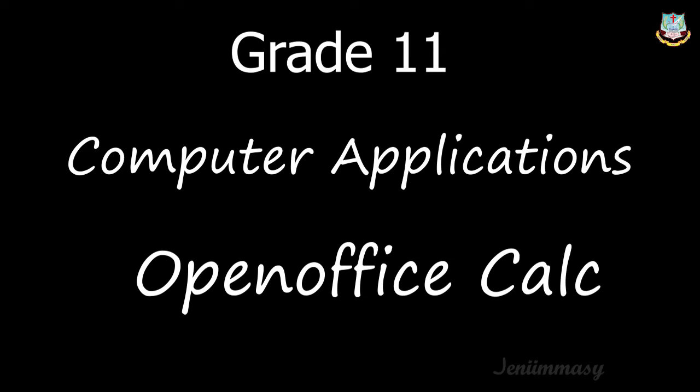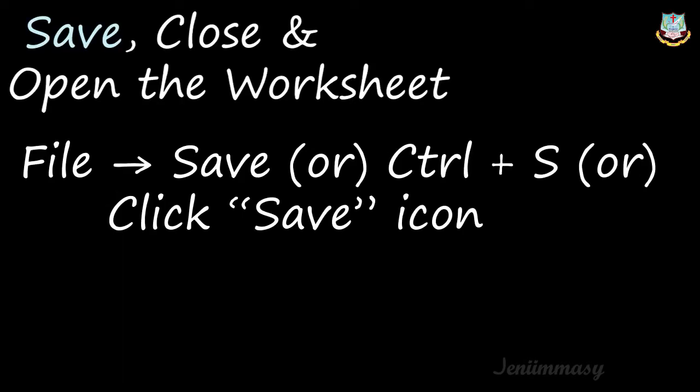And today we are going to see how to save, close and open a worksheet, right? Save means, how would you save a document in Word? In Word, we have a document, right? How will you save a document? We'll go to File and Save, or we'll press the Control key and S key on the keyboard, or else we'll click the save icon in the toolbar, right? Same way only here also.